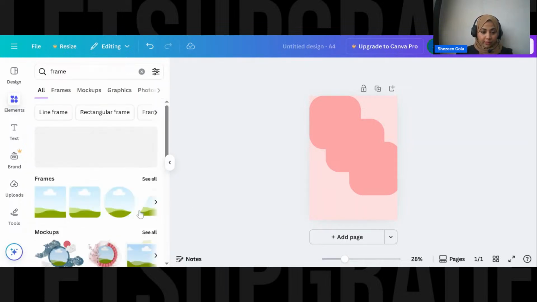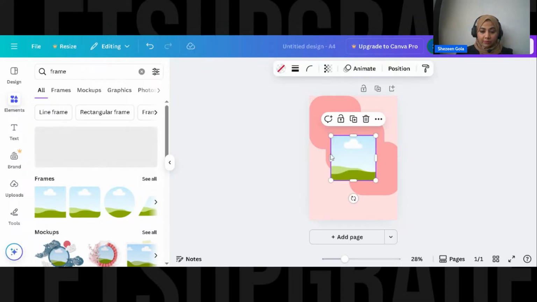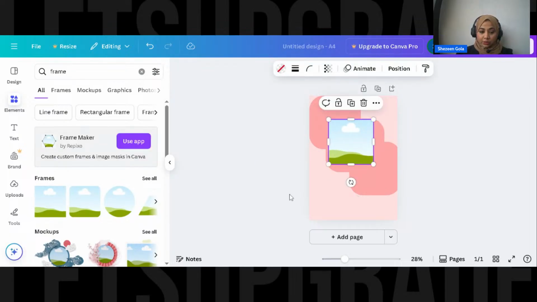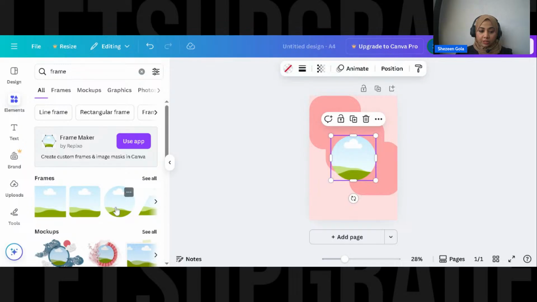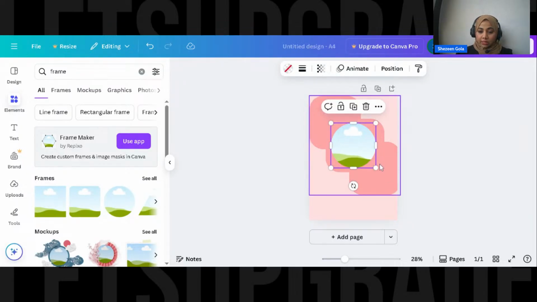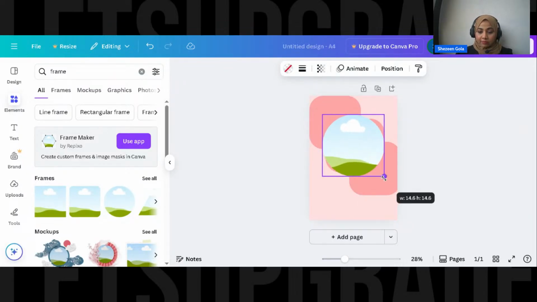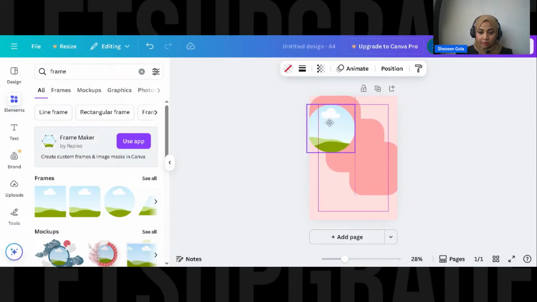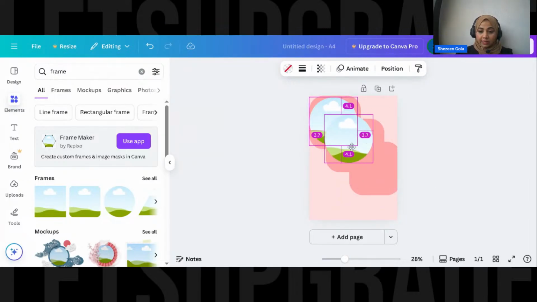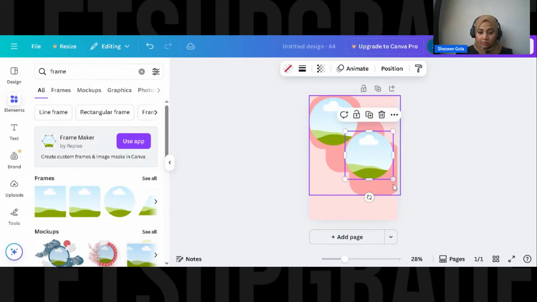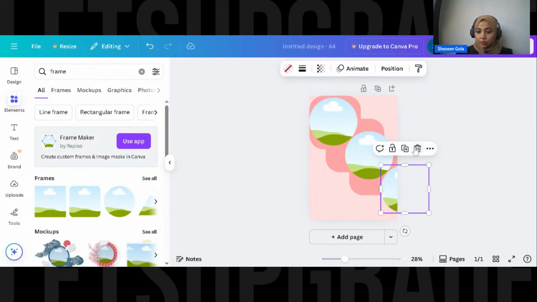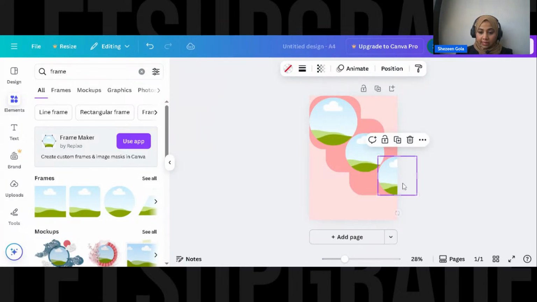Okay, so when I ask for frame, it's going to give me an image, where I can put an image like a frame. Usually we put photo frames. The same way it's going to have frame in it. So let's add one frame out here. Then we can just copy again by pressing Alt or double duplicating it. Alt is a shortcut. So yeah, here, and then you can just again resize it and put it.